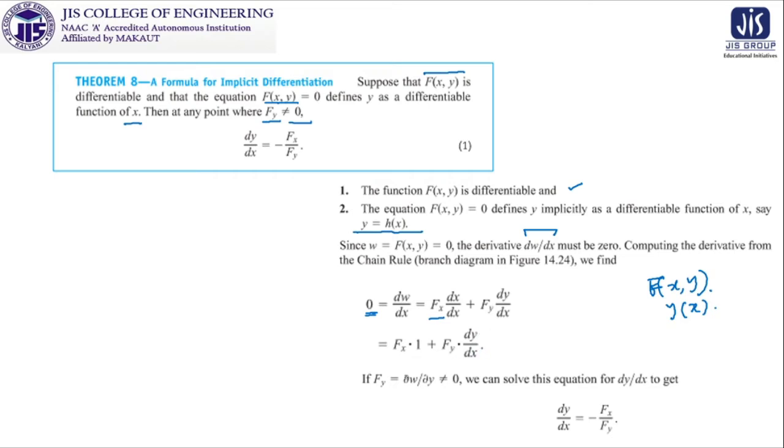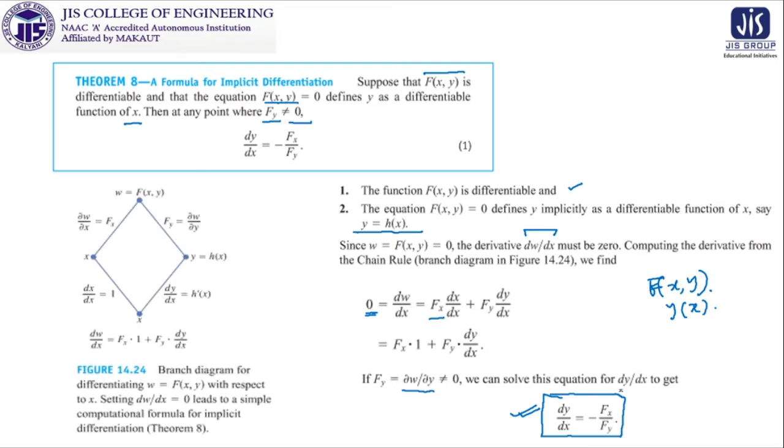Now if fy, that is del w/del y, here it is partial differentiation, is not equal to 0, because it is the requirement that fy is not equal to 0, we can solve this equation for dy/dx, meaning we are basically proving this theorem. So for dy/dx, this fx will be taken to the other side, so minus fx by fy. So we got this particular expression mentioned in the implicit differentiation theorem. Clear? We need this expression in various problems, but the proof is also very important, because it is a very easy proof, but it requires a very strong concept.